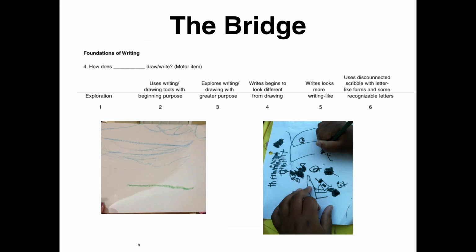So she's telling a story on this paper. We don't necessarily know what she's telling a story about unless she's got a communication system where she can explain to us what she was imagining. But you can see that her writing is clearly writing-like and looks different from her drawings. And the student's starting to use disconnected scribble with some letter-like forms, some recognizable letters, and we'll get more into the writing. What is holding most of our students with Angelman back on the writing is both opportunity and